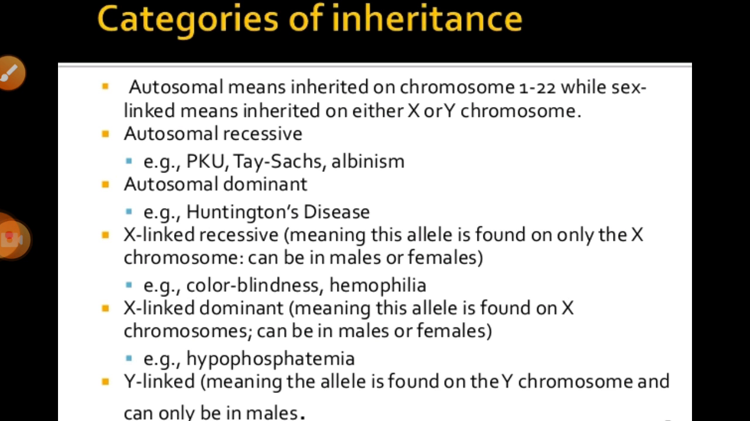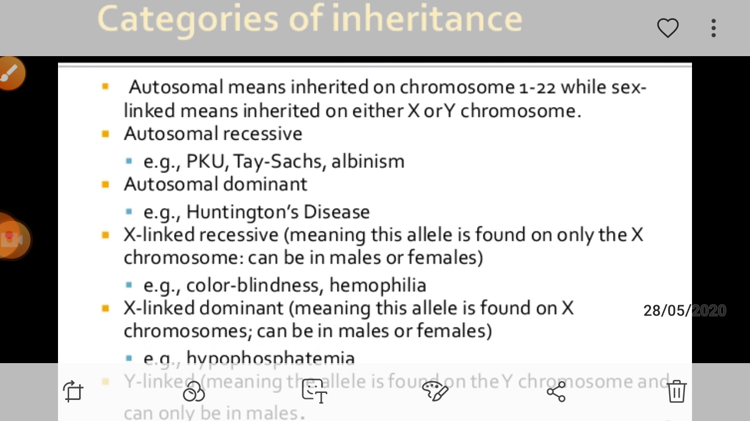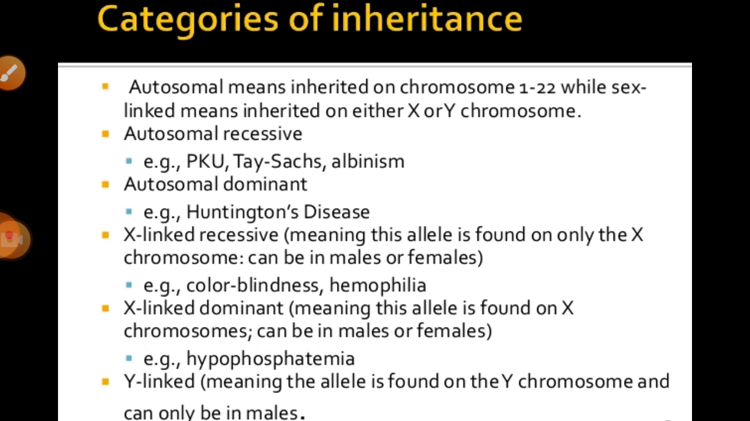If we talk about X-linked recessive disease, these alleles are found only on the X chromosome, in males or females, as in color blindness and hemophilia. On the other hand, with X-linked dominant, these alleles are also found on the X chromosome, in males or females. So in both X-linked recessive and X-linked dominant cases, the alleles are found on the X chromosome. Then the Y-linked genes: these alleles are found only on the Y chromosome,